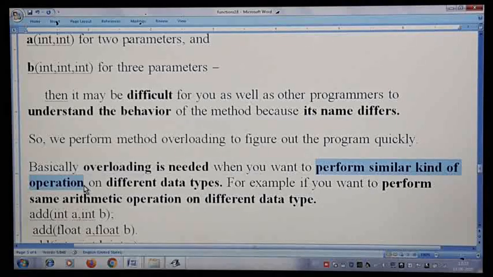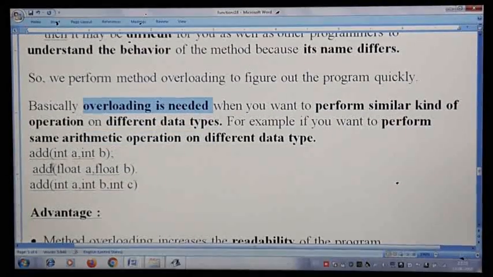Or based on the arguments we find the addition of the numbers, or reverse a string, a number, or an array. So when you have a similar kind of operation but based on different data types, in that case we go with overloaded methods.